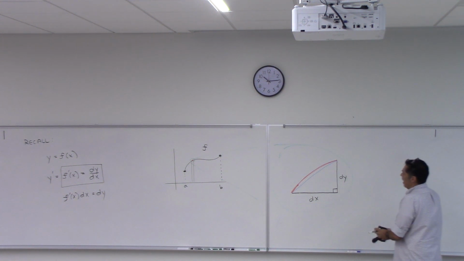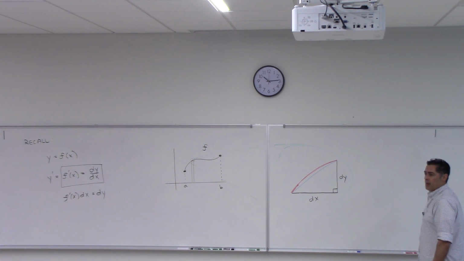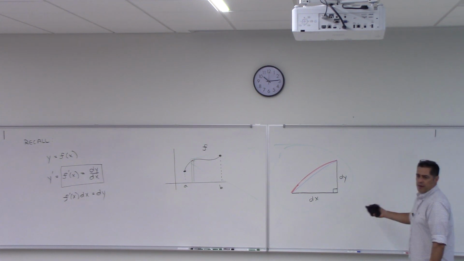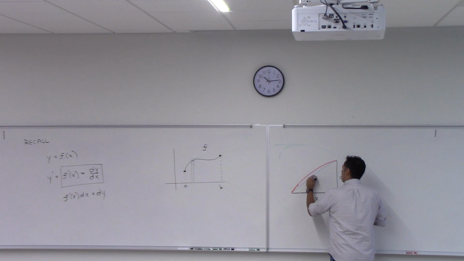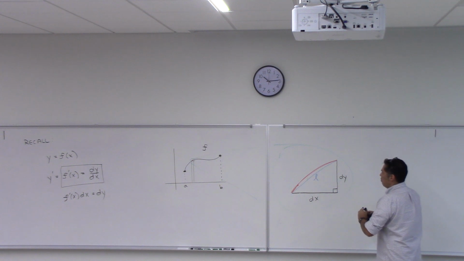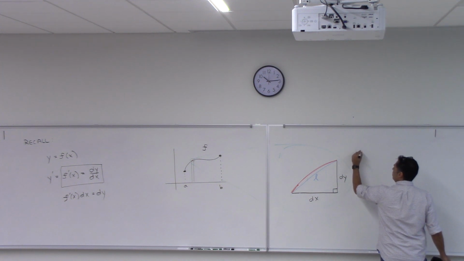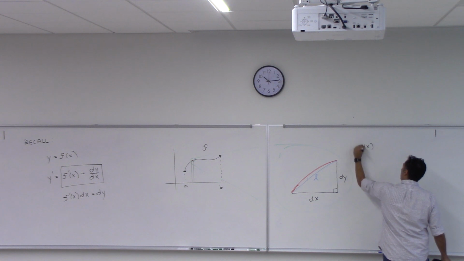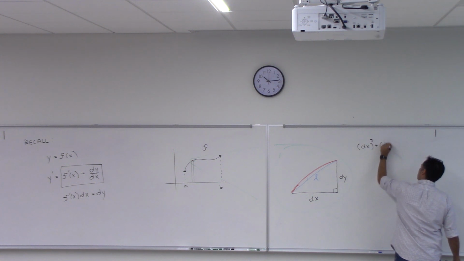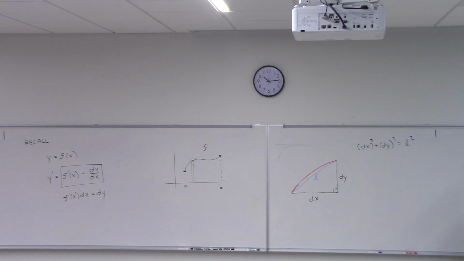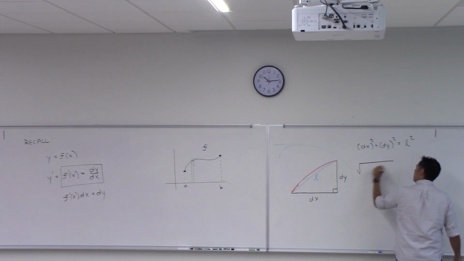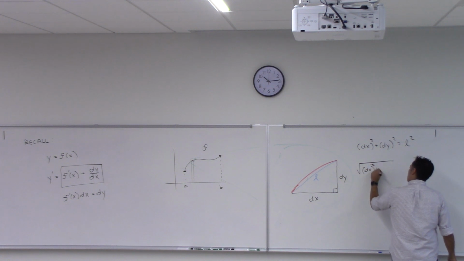So I just need to know how long that blue is. Well, Pythagorean, right? This squared plus this squared is that squared. Let's call this blue L. We want to know what L is. That's my lowercase l. So, let's do Pythagorean first. We have dx squared plus dy squared must equal little l squared. And I can solve for L by taking the square root on both sides. So I get the square root of dx squared plus dy squared